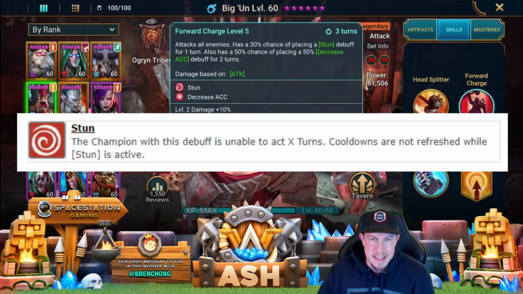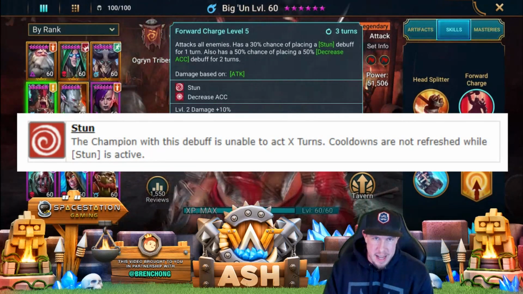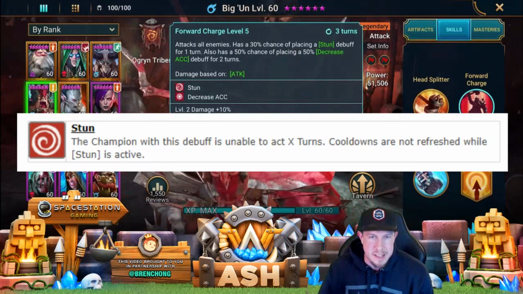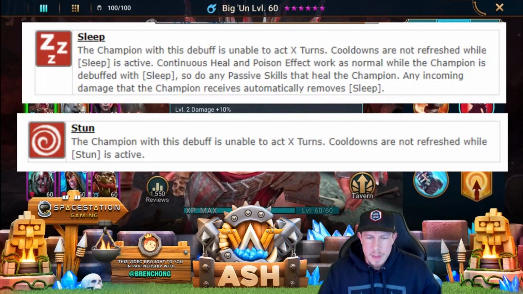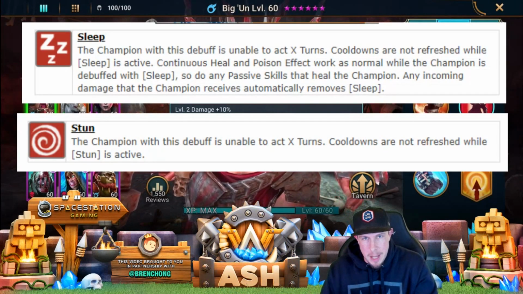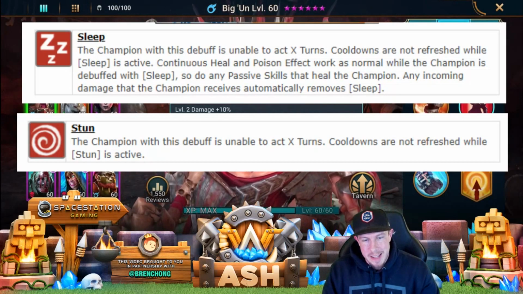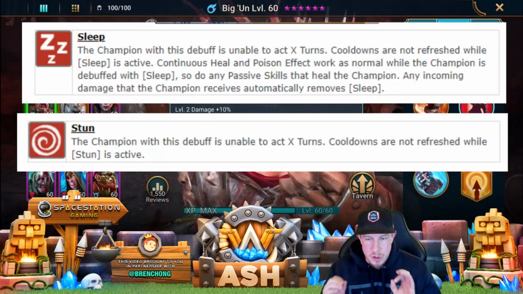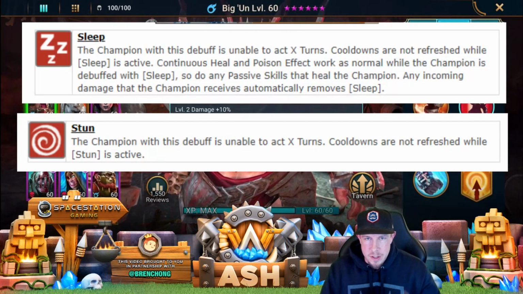So stun is the best of these kind of effects compared to sleep, for example. Let's look at sleep really quickly here. The difference between stun and sleep, stun is way better, okay? So if you have champions that have stun versus champions that have sleep, you really want to focus on those stuns because with stun their cooldowns are not refreshed while they are stunned,